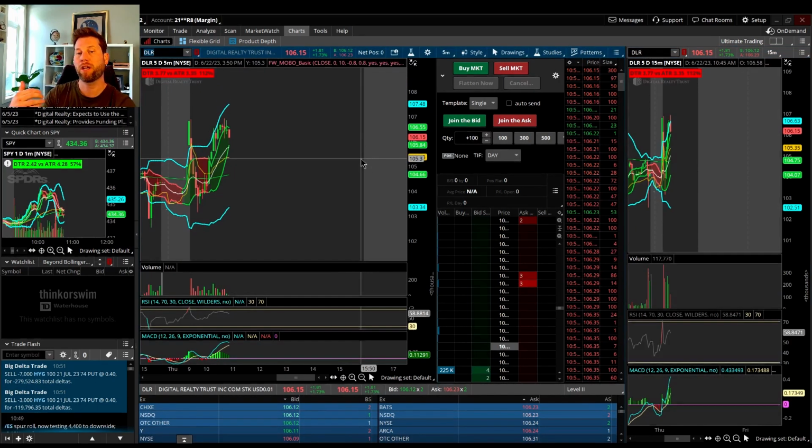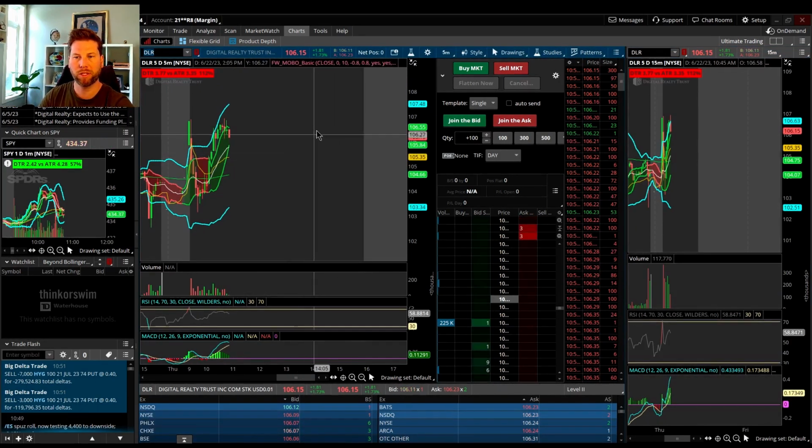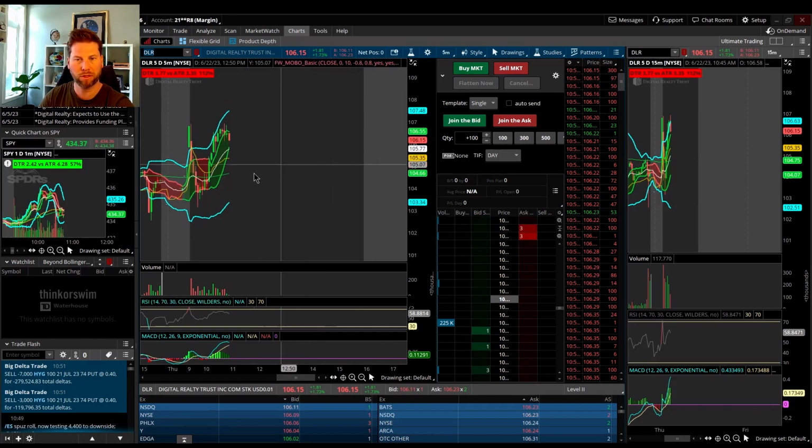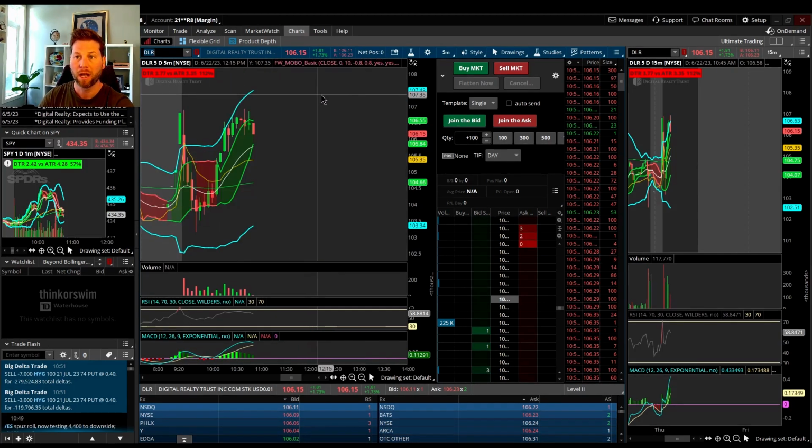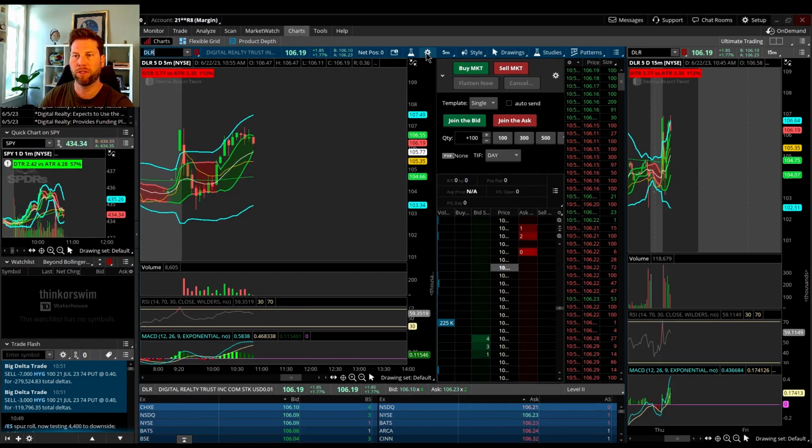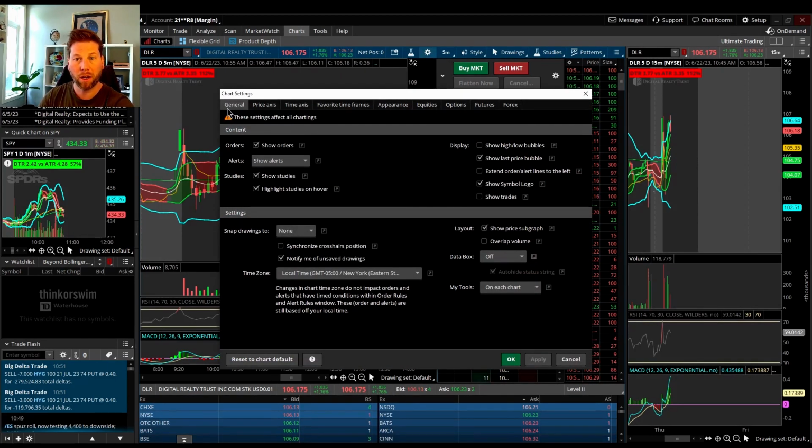Now, if you want to actually customize this chart, because you've probably seen a lot of grid lines in yours and it looks different with the candles and everything, I got you. I'm going to show you right now. You just come here, always look for the wheel, and you want to go to the wheel, and honestly, work